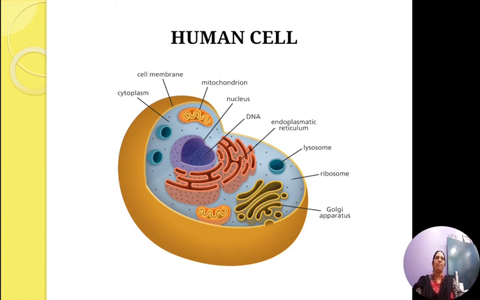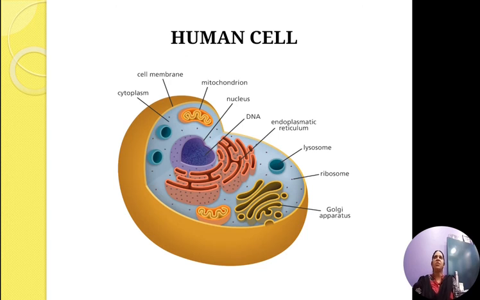The cell membrane is present in all the cells. The cell membrane is the outer covering of a cell within which all other organelles such as the cytoplasm and the nucleus are enclosed. It is also referred to as the plasma membrane. By structure, it is a porous membrane with pores which permit the movement of selective substances in and out of the cell. Besides this, the cell membrane also protects the cellular components from damage and leakage.